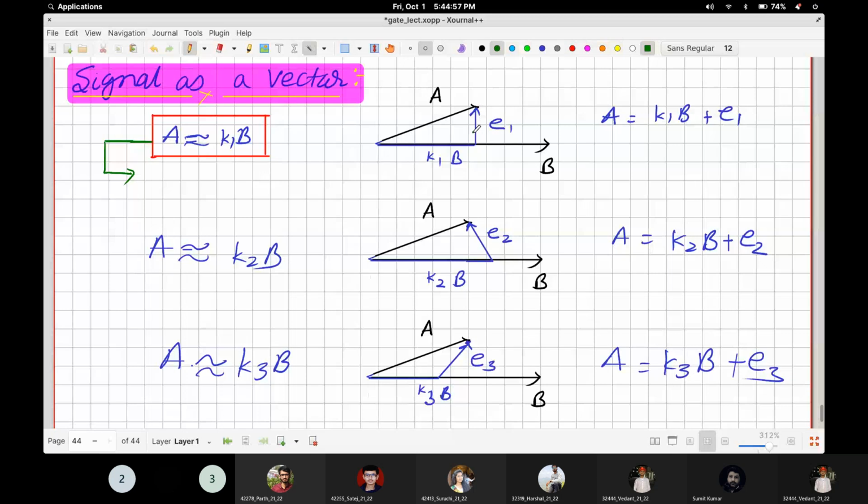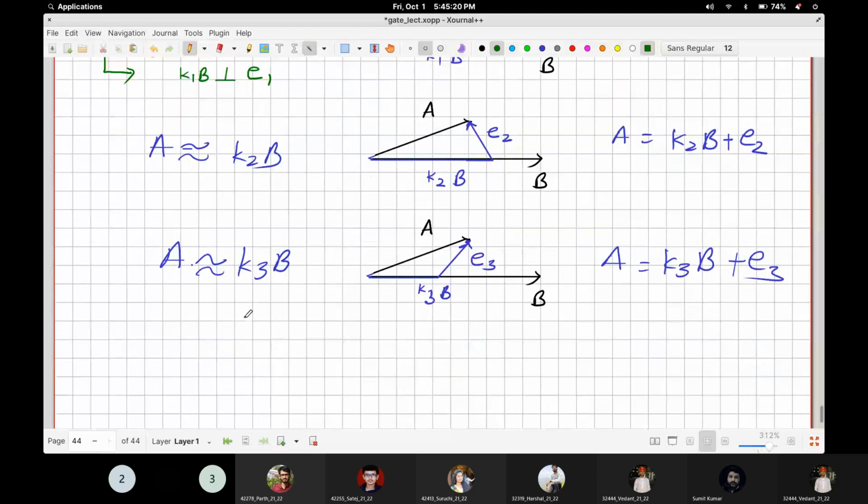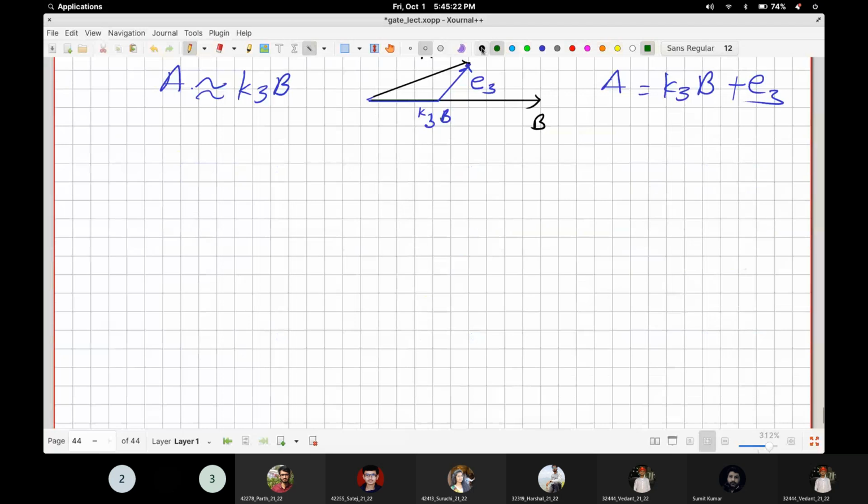From K1b to A, K1b is perpendicular to E1, right? Are you getting my point? Yes sir. So that is why, because K1b is perpendicular to E1, and because of that we will have this, right? So what will be this K? Okay, what will be the best approximation? A is equal to KB plus C,